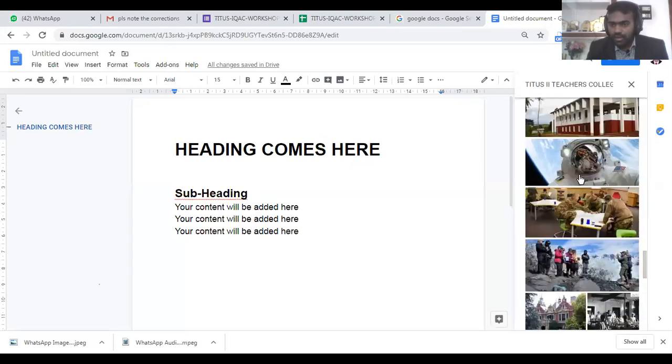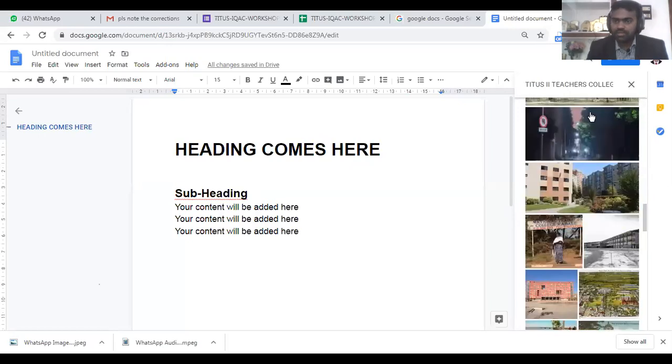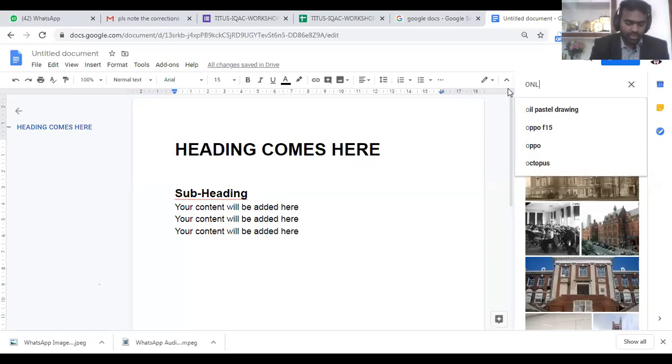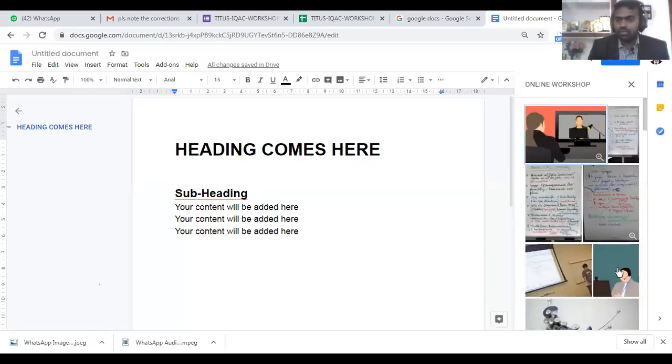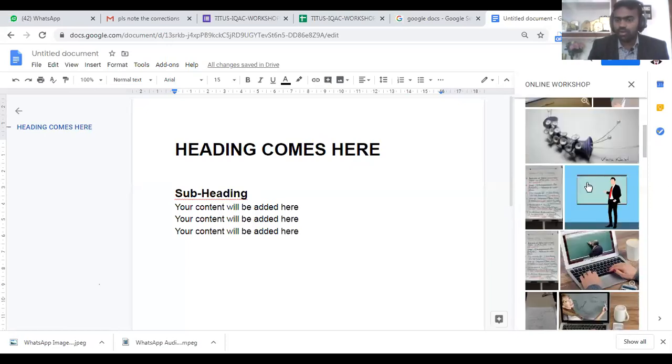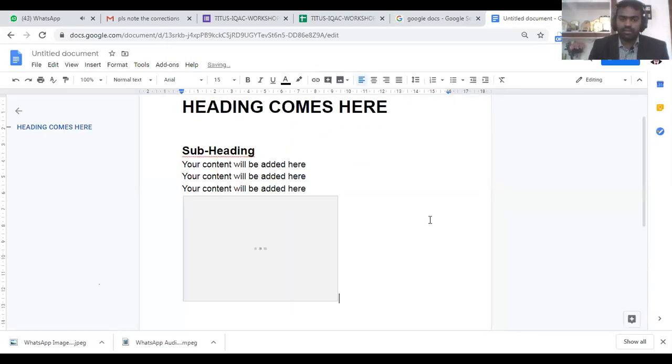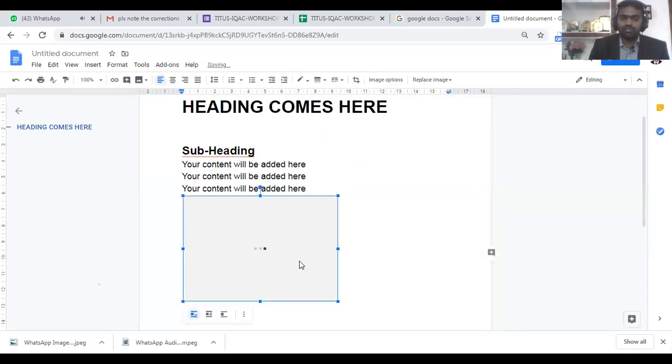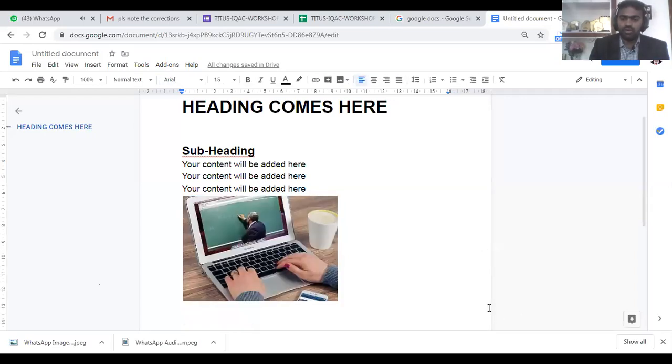Okay, it's not coming in this Google image search. Otherwise, for a demo, I'm just searching in Google image for online workshop. So I'm finding this image suitable for that. I can click on that and insert it. So like that it will be inserted. This is very easy using Google Docs to insert the images.